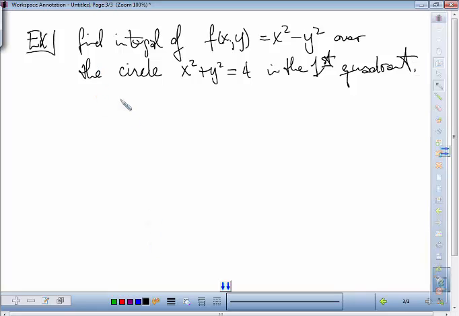So maybe I might write it like this. It's going to be the integral over C of f, and they call it ds. Well, they call it s because it's with respect to arc length. The s stands for arc length. So this is a symbol that they use. I hadn't been putting the ds, but I think it's good to start introducing this now, because when we talk about those other integrals,